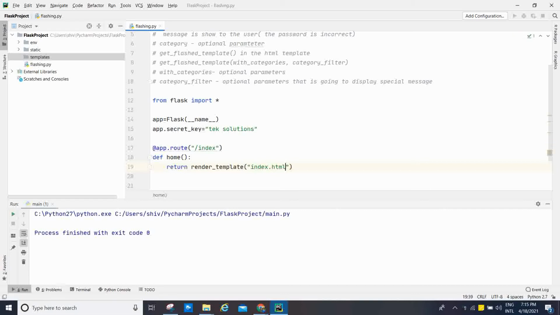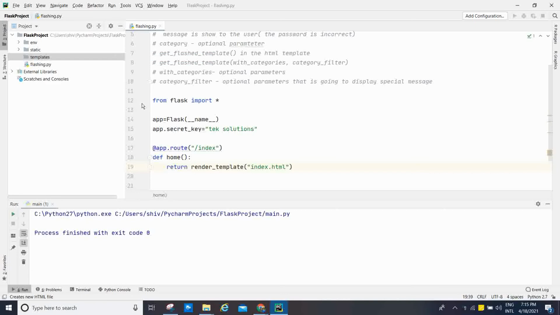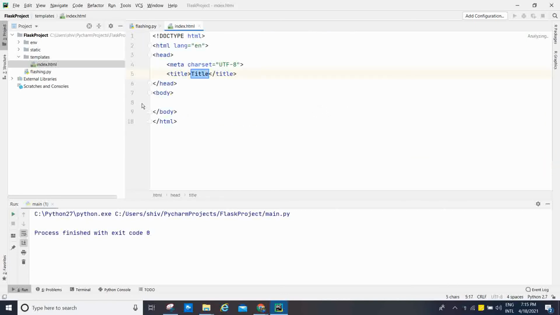Now I'm going to create one index.html file here. In templates, right click, new HTML file, index. And this is your home.